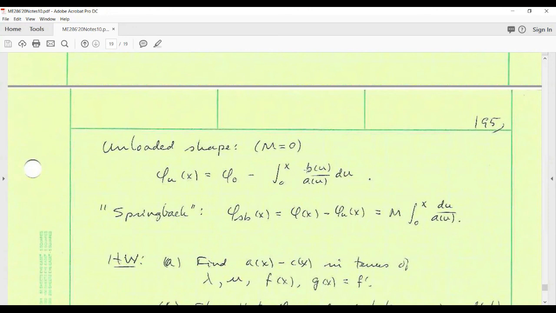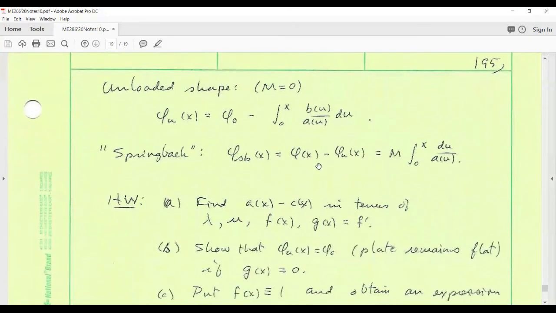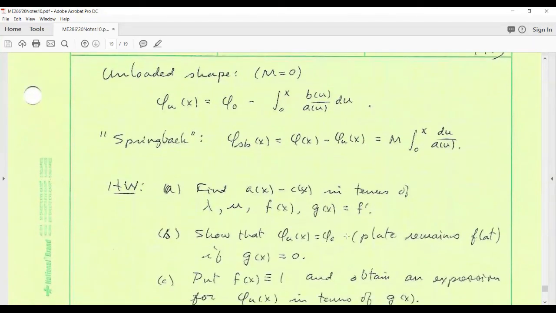And in fact, if B of x were 0, then phi unloaded of x would just be phi naught, and then the plate would remain flat. In homework, I'm asking you to show that the only way that can happen is if little g of x is 0. The little g stood for f prime, remember, the through thickness derivative of the plastic deformation. So it's that through thickness derivative, f prime, that is crucial in causing the unloaded deformed shape to be